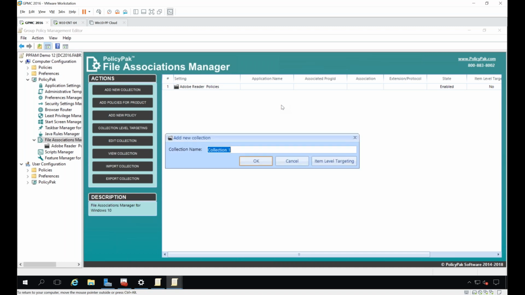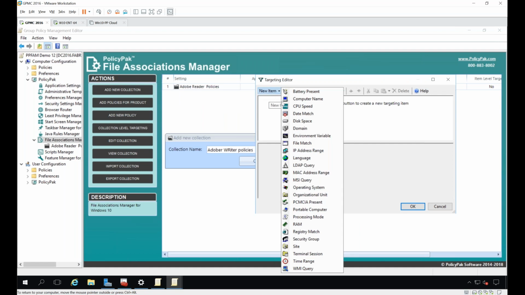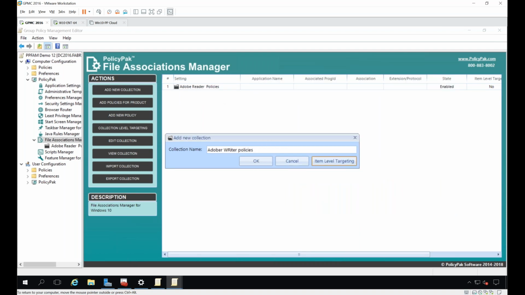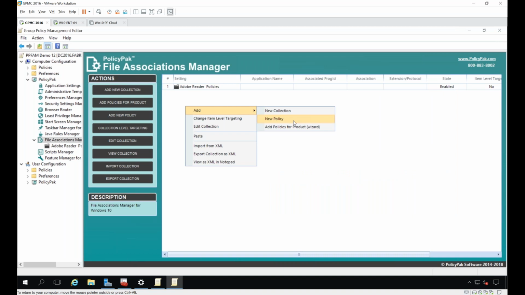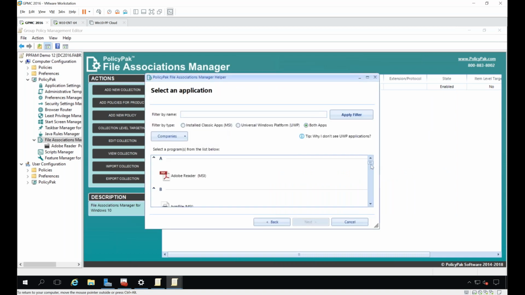That little bucket is Adobe Writer policies. And what you're going to do is use the famous item level targeting and say, hey, only do that thing when I can see I've got a file match on Adobe Writer. So start off doing my Adobe Reader stuff. That's fine. But when I have Adobe Writer, do this other stuff. I'm not going to show that now, but I'm sure you probably come across that as well. And all the time. That's the idea. We want to solve problems that you're seeing all the time.